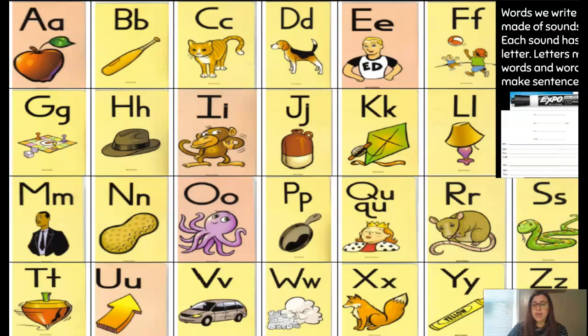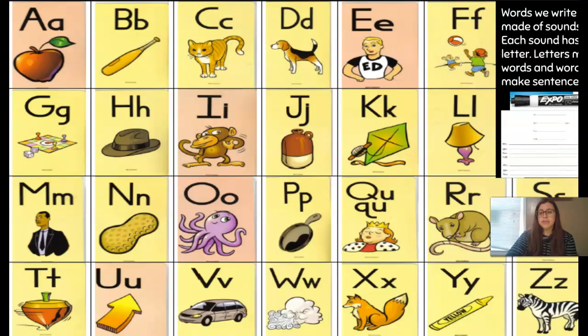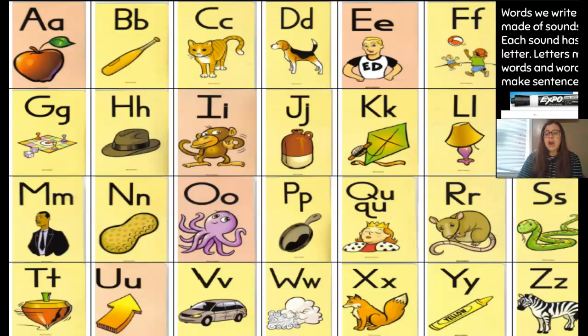First, let's take a quick look at our letter chart. Our letter name and sound chart will help us identify the letters and help us practice the sounds. So your teacher's going to pause the video and you're going to say your name. And you are going to find the beginning sound of it. And then you're going to take your imaginary rubber band and stretch it and see if you can find the